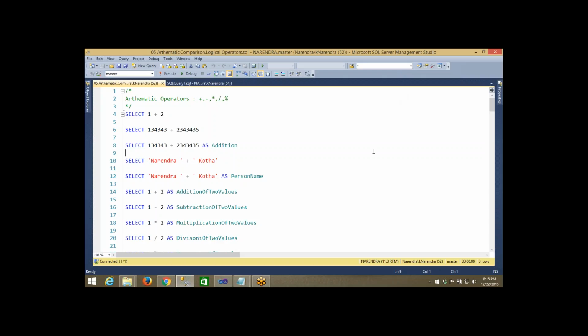Okay, let me start with the first concept, that is called arithmetic operators. As I told you, these arithmetic operators will be useful to perform arithmetic operations, like addition, subtraction, all the things whatever I have explained. Suppose I want to add two numbers, what can be done in SQL? Normally we can add just 1 plus 2 in our mind. But if somebody asks me to do it with programming, you have to write this statement: